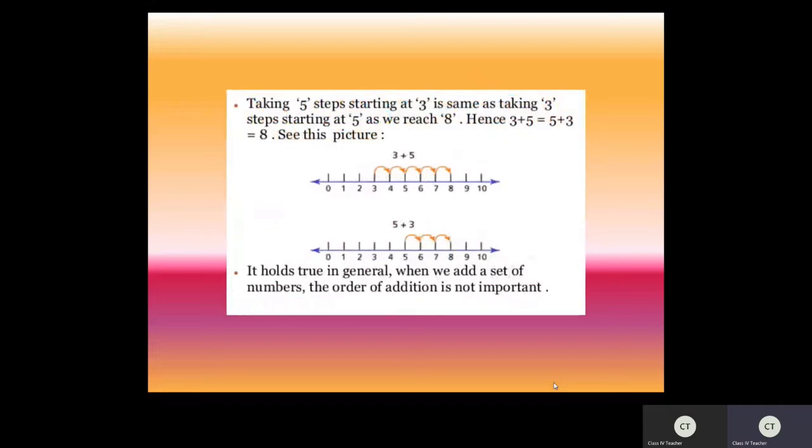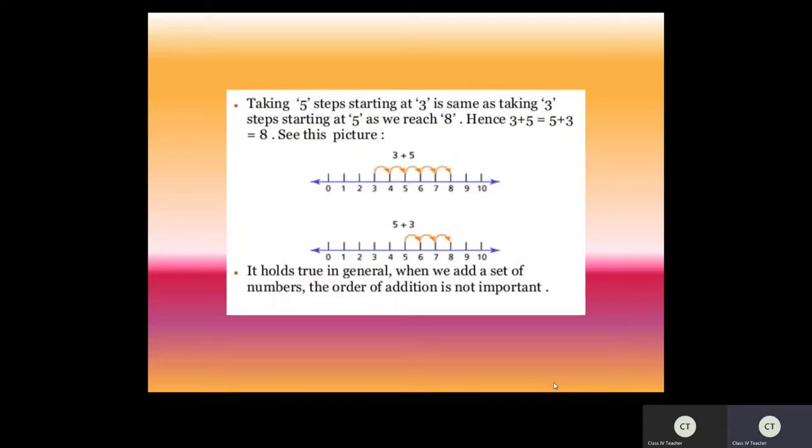The next. Now what do you have to go on? One more example, we'll take it. Okay, 3 plus 5. So let us represent it on a number line, 3 plus 5. So starting from the 3, you have to move 5 steps forward. Okay, because 3 is the small number and next to 5 is the big number. So let us start small to big.